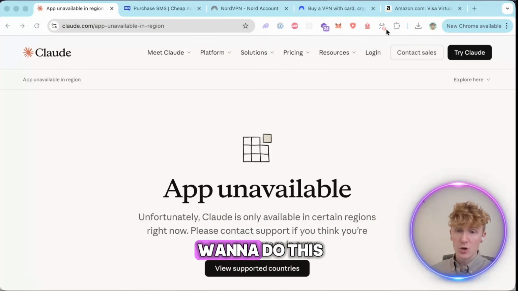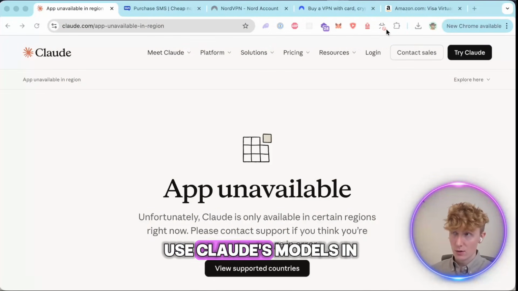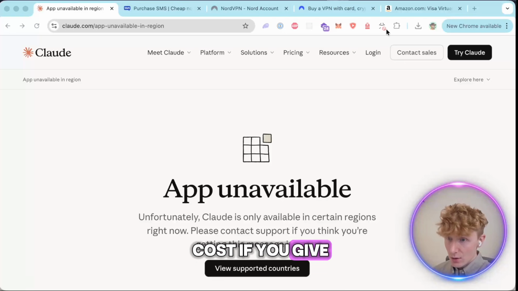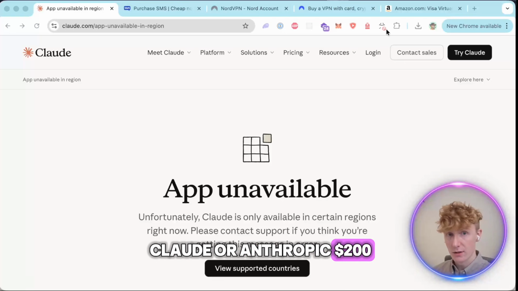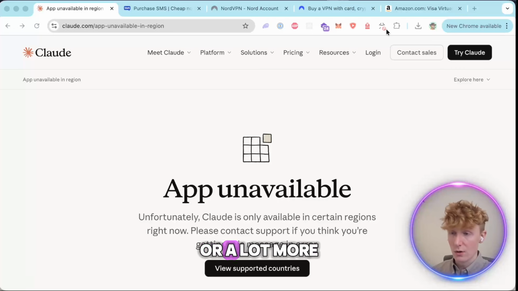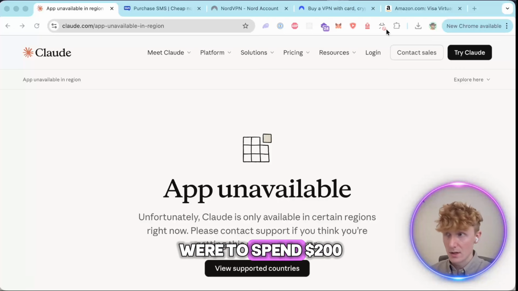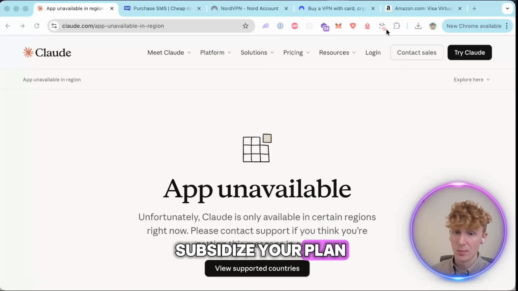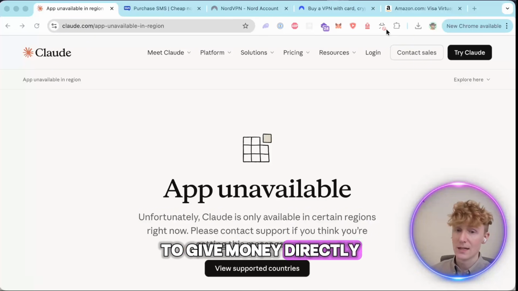Now, why would you want to do this when you can still use Claude's models in something like Cursor? The main reason is cost. If you give Claude or Anthropic $200, you get a lot more tokens or a lot more usage than if you were to spend $200 on Cursor, for example. And that's because they kind of subsidize your plan because they want you to give money directly to them and